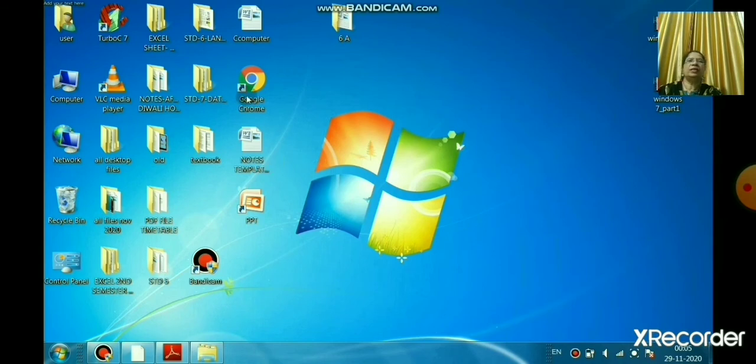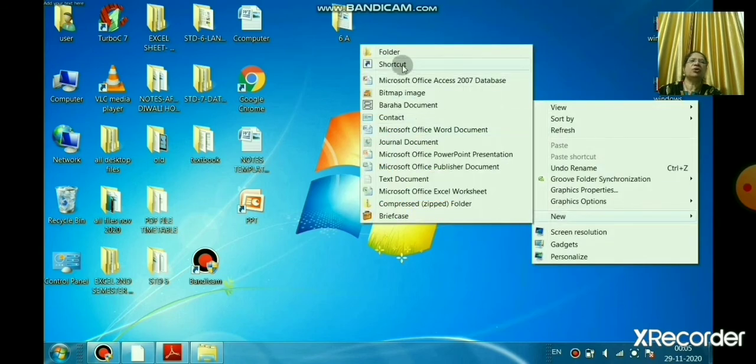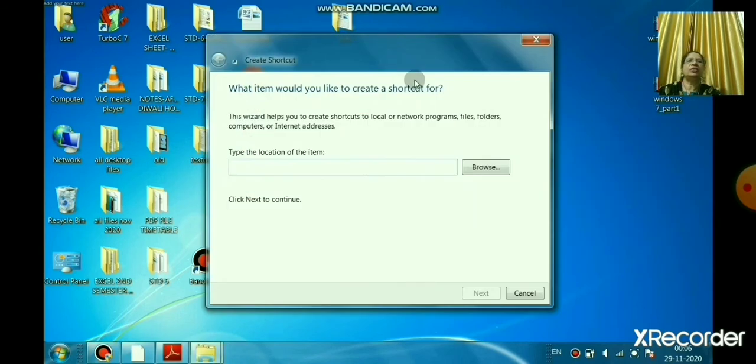Okay. So now we will learn how to create a shortcut icon. Can you see, in the last class we learned, the small arrow mark over there? That is a shortcut. So now we will learn how to create a shortcut. Before that, what is the use of a shortcut? I want to open an application, for example PowerPoint.